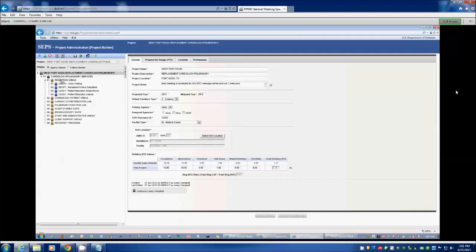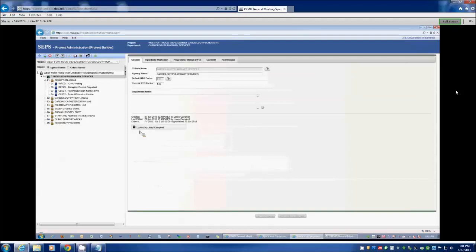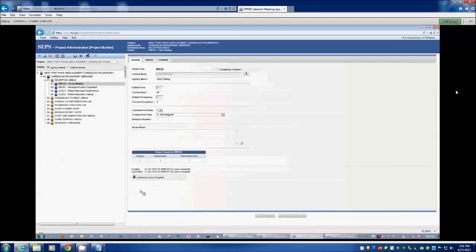If I go down to the department level, you'll notice on the General tab the lock information continues to display. So as you drill down into the hierarchy on the General tab, you'll always see the lock indicator about who has it locked. So if you ever need to request access to it, you'll know who to go to. So I'm going to go back to the department level, because the department level is where we're going to start